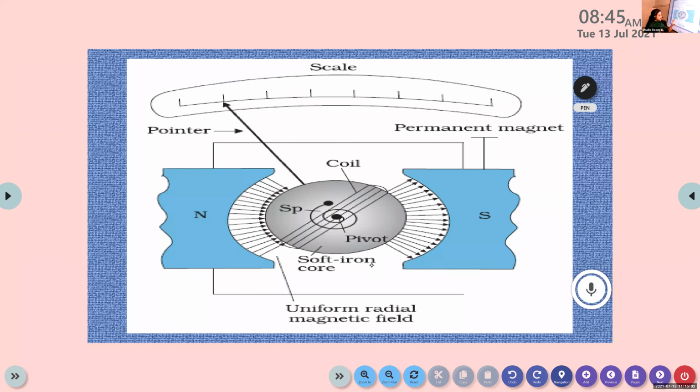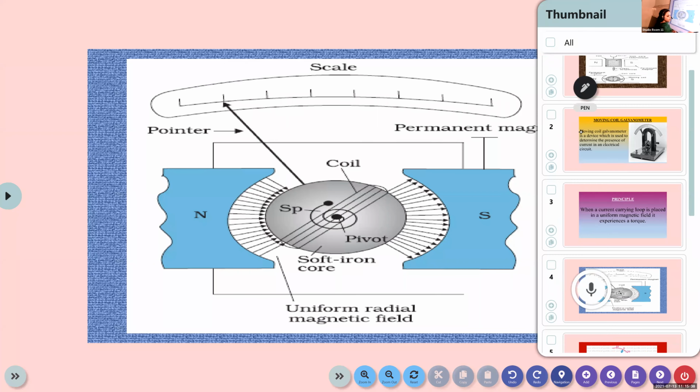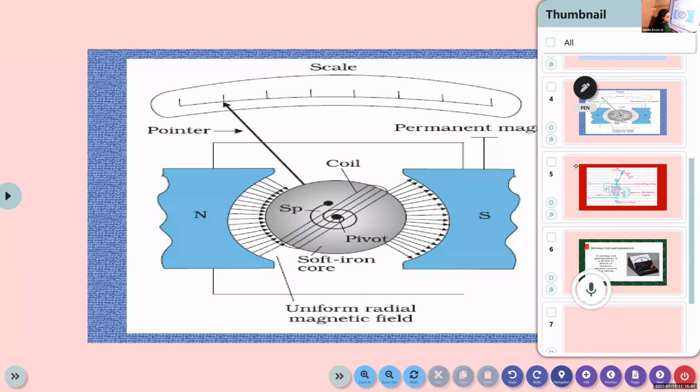Okay. So now we are explaining the construction. Rectangular coil with n number of turns placed between the poles of a magnet, and the shape of the magnet is concave in order to produce a radial magnetic field with that of the rectangular coil. The top of the rectangular coil is attached to a pointer to measure the readings. So the pointer can measure the readings from this scale attached to it. And the bottom of the rectangular coil is pivoted to a spiral spring in order to produce a restoring torque. So this is the construction. Now we can explain the working of this rectangular moving coil galvanometer.